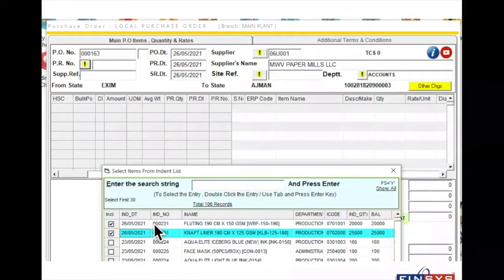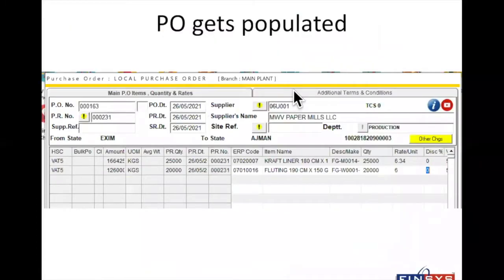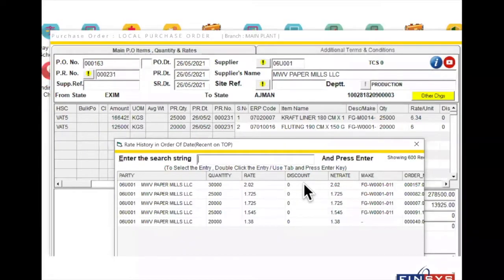My PO, I click the purchase requisitions. The indents I had, I have linked them and I am making the PO here. I click the indent, I make the PO. Press OK, the PO gets populated, and the price history comes up. If you are not making PO properly in the ERP, you will never know what was the price history of this product earlier. Just see the price increased from $1.38 to $1.5, $1.8, and now $2.02, whatever.